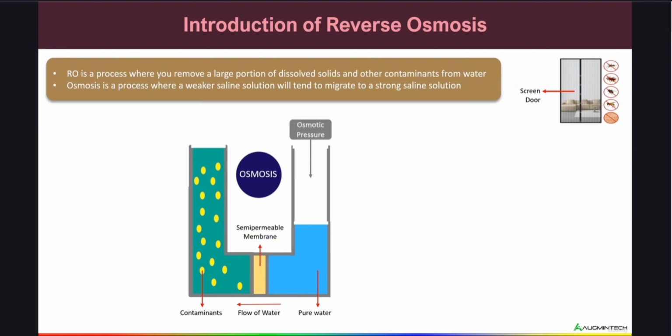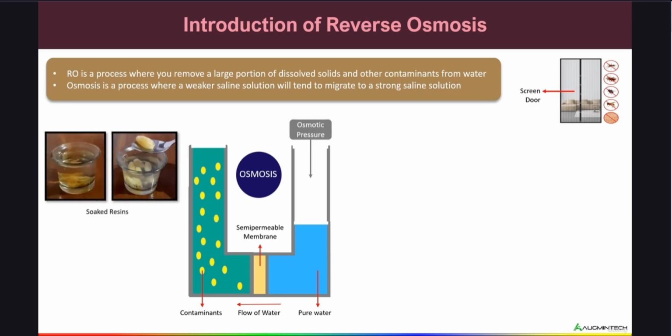As an example of osmosis in our daily life, you may have tried soaking raisins or dry fruits in water. Well, when we soak raisins in water, they swell up, and this all happens due to osmosis. Water travels from high concentration to low concentration and keeps moving by osmosis until equilibrium is reached. That is when the concentration of both solutions is the same.